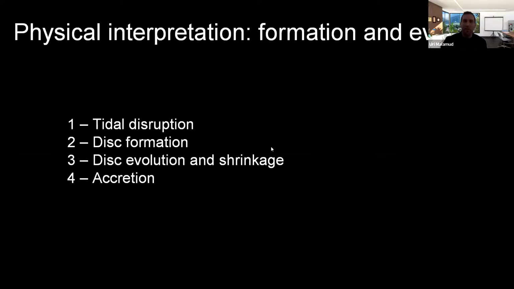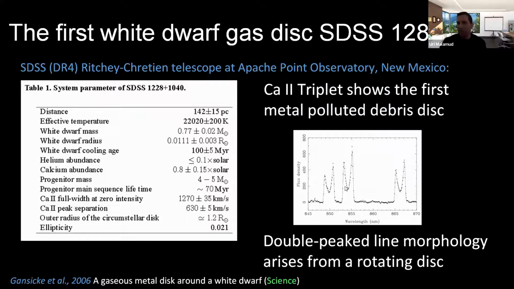Now, remember that, yes? Maybe I missed that. How are you sure about this is a disk? I mean, you're seeing a column density with excess of gas, that I agree. But how do you know it's in the form of a disk there? So here you see that it's a disk by the double peaked morphology. So you basically, yeah, you know, so I don't have to explain.